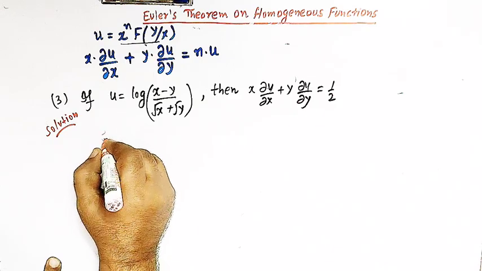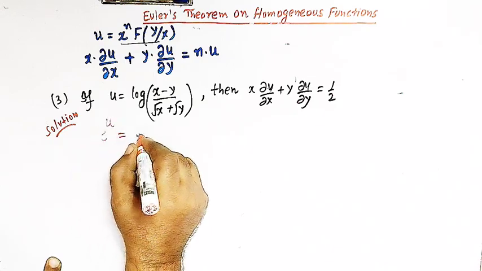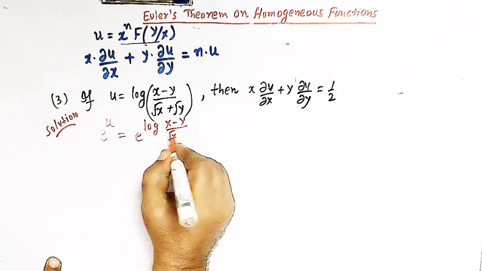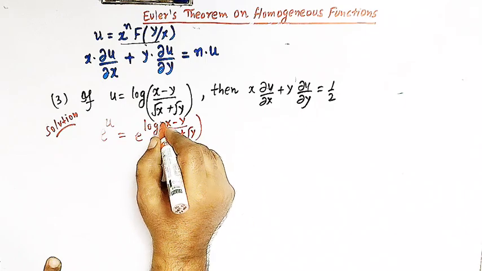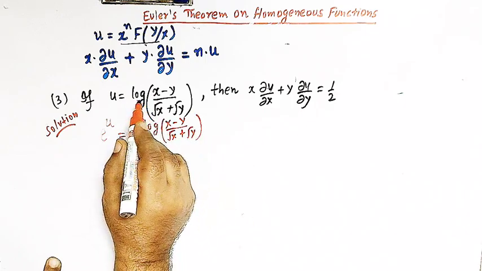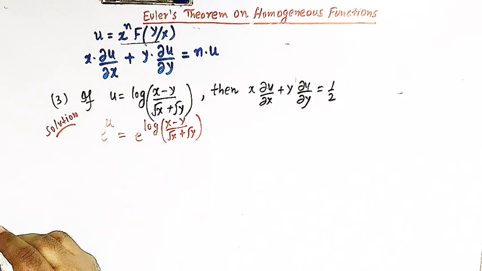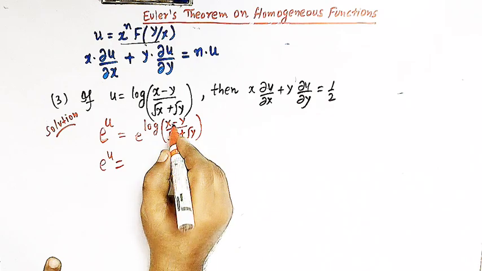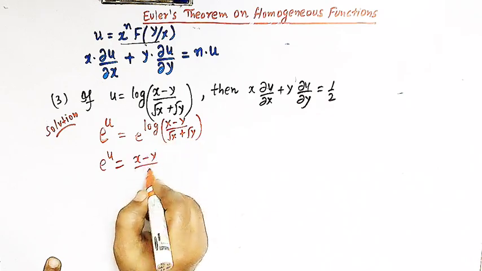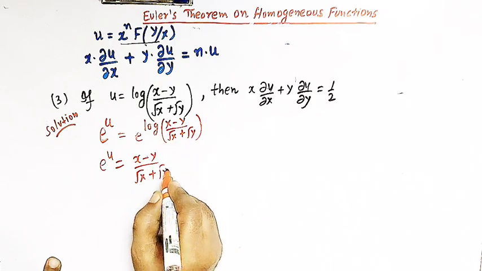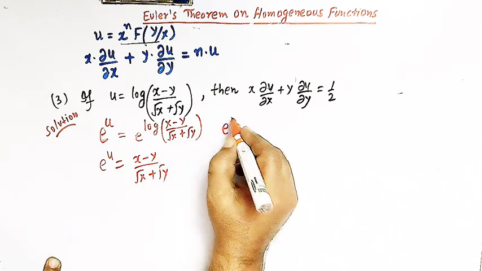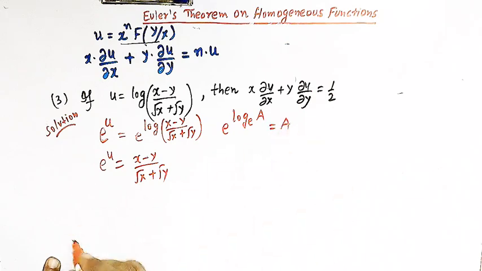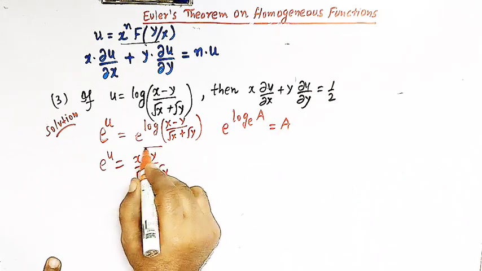So we can now write e raised to u is equal to e raised to a logarithm of (x minus y) over (square root of x plus square root of y), and remember here the base of the logarithm is e, right? So we have e raised to u is equal to this term, that is (x minus y) over (square root of x plus square root of y), because we know that e raised to log of a is equal to a, right? So now we have to show that this